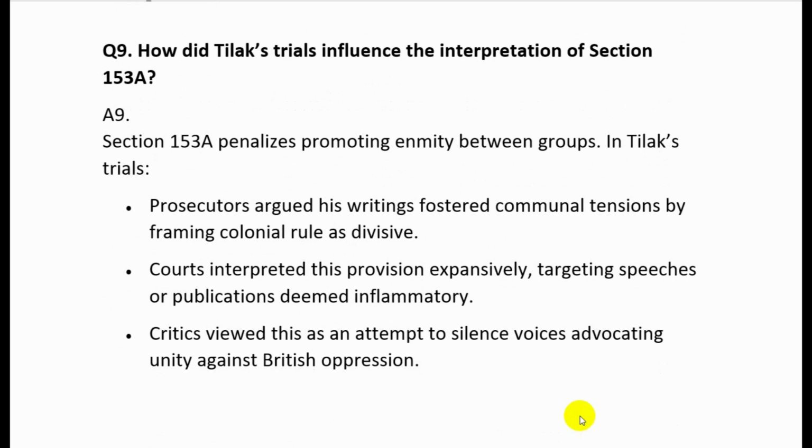Next, how did Tilak's trials influence the interpretation of Section 153A? Section 153A penalizes promoting enmity between groups. In Tilak's trials, prosecutors argued his writings fostered communal tensions by framing colonial rules as divisive. So he stated that the rules and laws of the Britishers were divisive in nature, that is, they divided people based on caste and